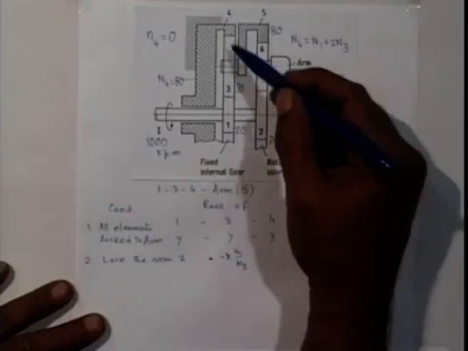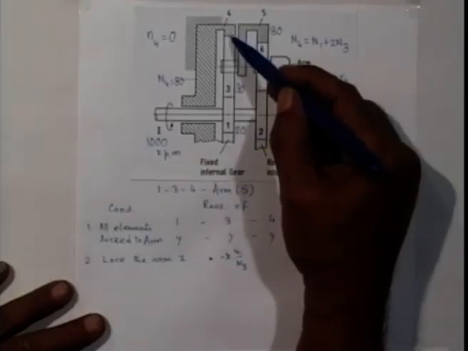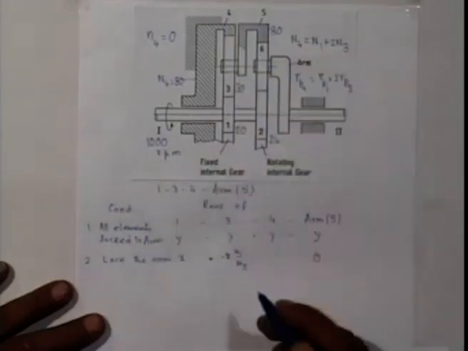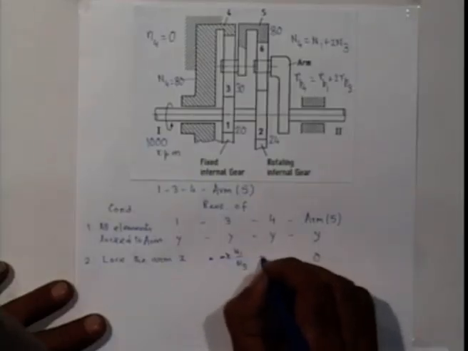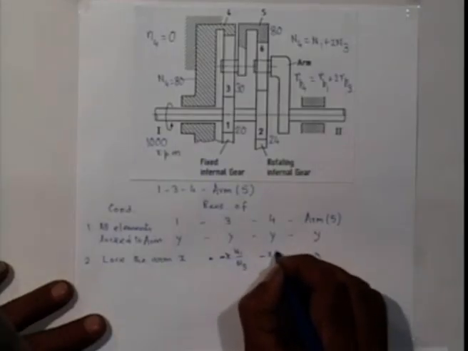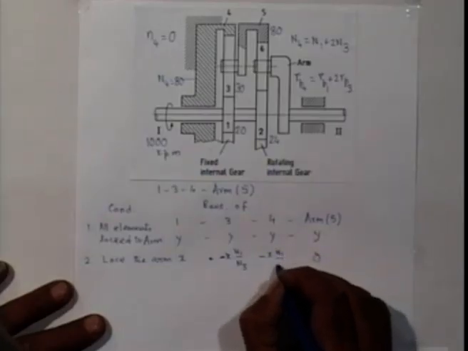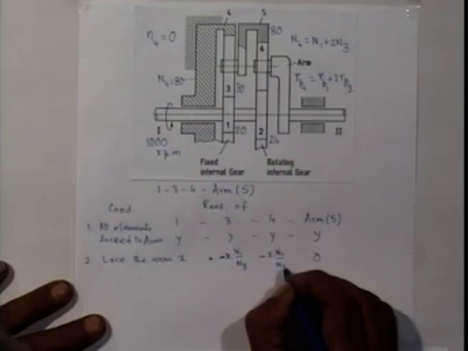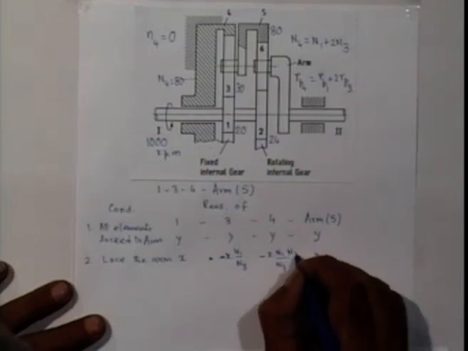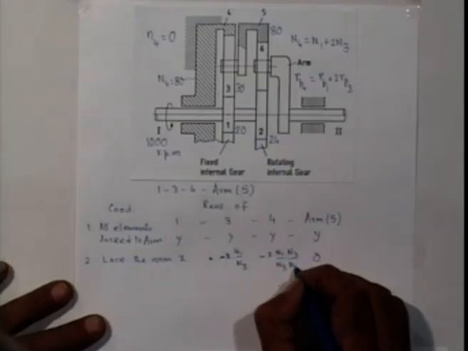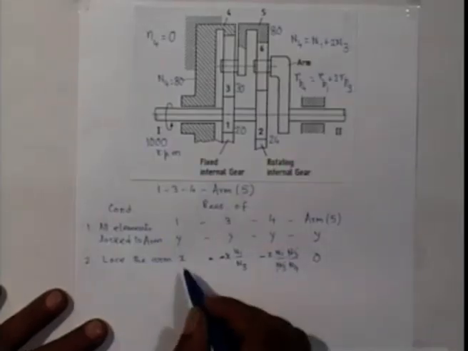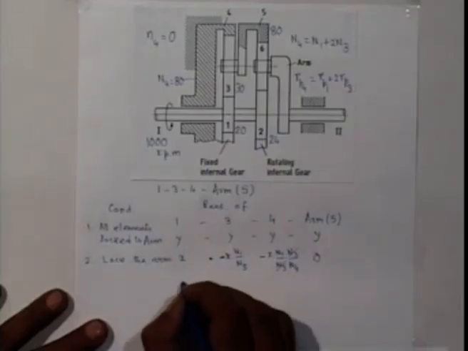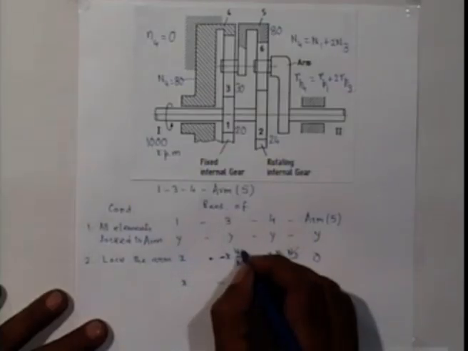Now rotation of 3 causes rotation of 4, but this is an internal gearing, so they rotate in the same direction. So 3 has a minus sign, so 4 will also have the minus sign, and rotation of 3 n1 by n3 into n3 by n4. As I said earlier, this intermediate gear number of teeth is not relevant, so it cancels. So we get x, I am writing this line again, x, this is minus n1 by n3,